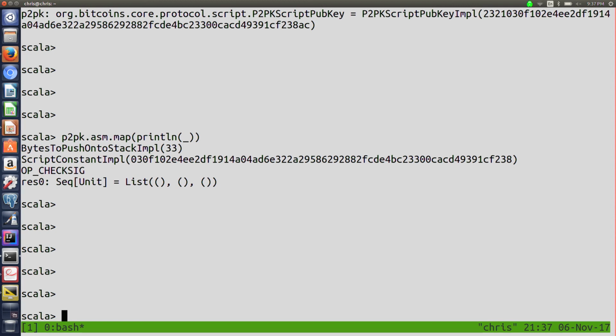So this has actually gone out of style, though. No one uses pay to pub key anymore because you can't derive an actual Bitcoin address from it. Actually, I don't know, do you know why they never specified an address format for pay to pub key? I just know we don't use it anymore. Because it was replaced very quickly by pay to pub key hash. Yes, segue.